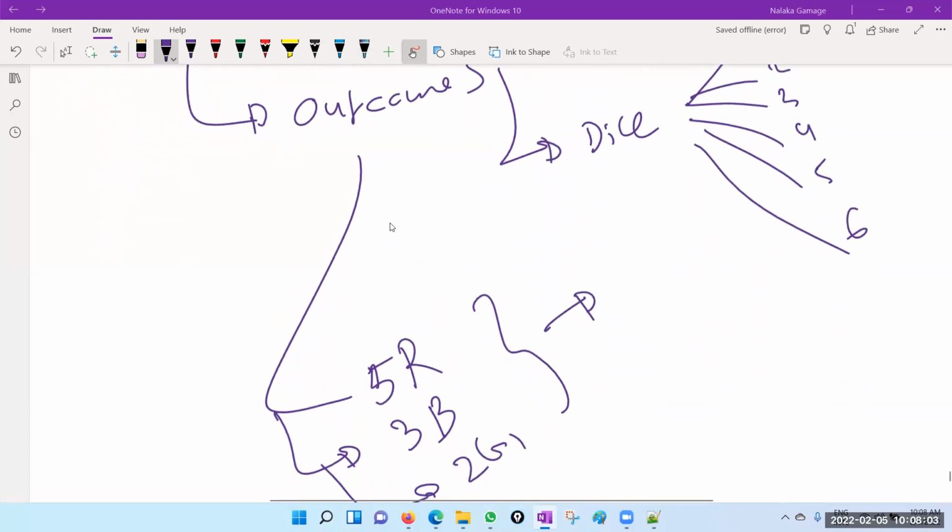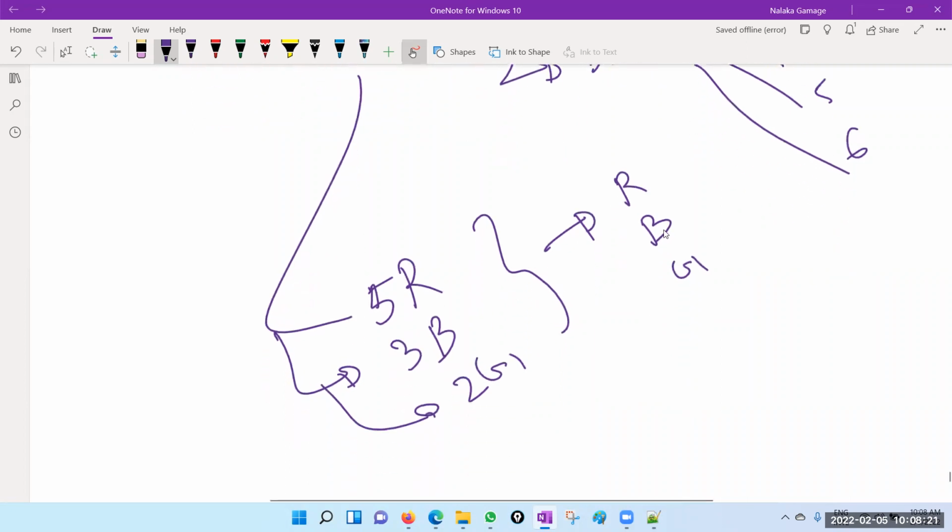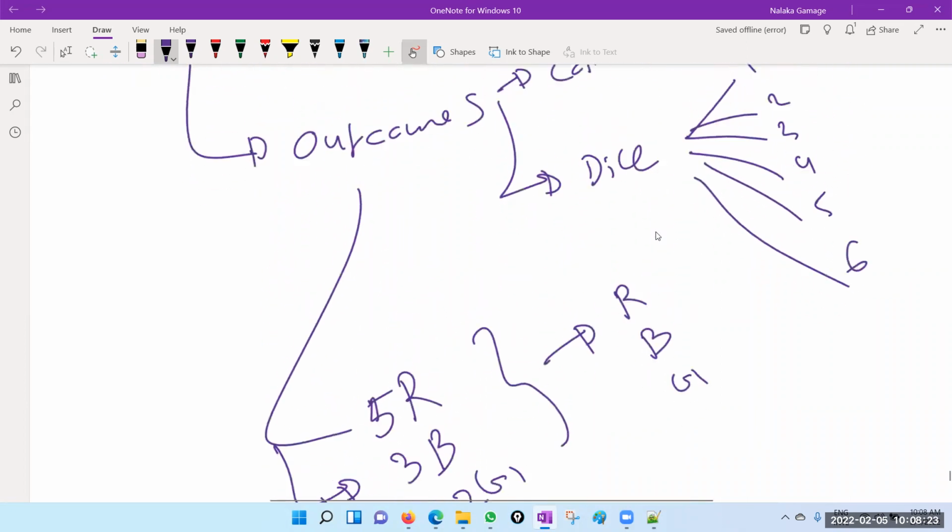What are the possible outcomes? There are only 3 outcomes: getting red, getting blue, getting green. That's all. There's no other outcome. There are 3 possible outcomes. Okay, right. So the next concept is